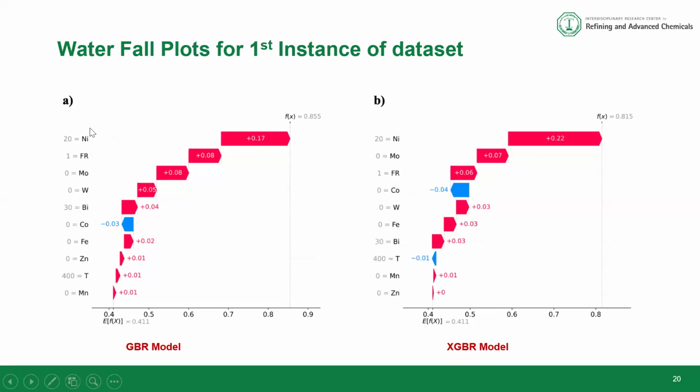And what it's saying is that at this first instance, this is how these various features affect the yield of the hydrogenation products. This is just a first instance. We have almost 185 data sets like this, so you cannot generalize by just the first instance. However, it gives you an indication of how each data set contributes to the overall effects on the yield.